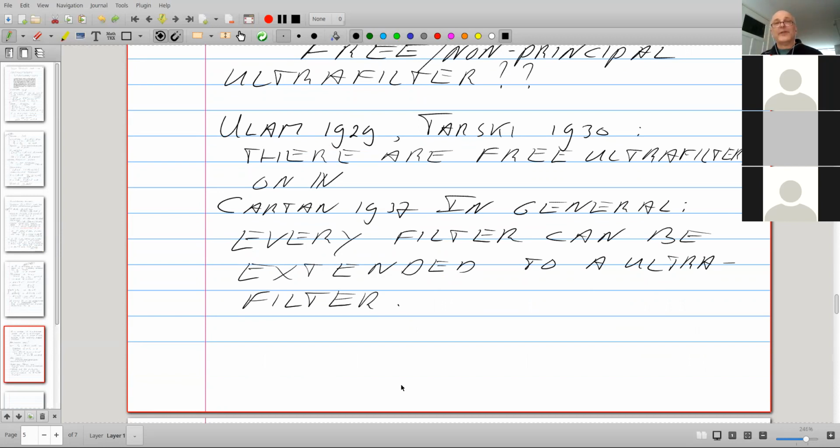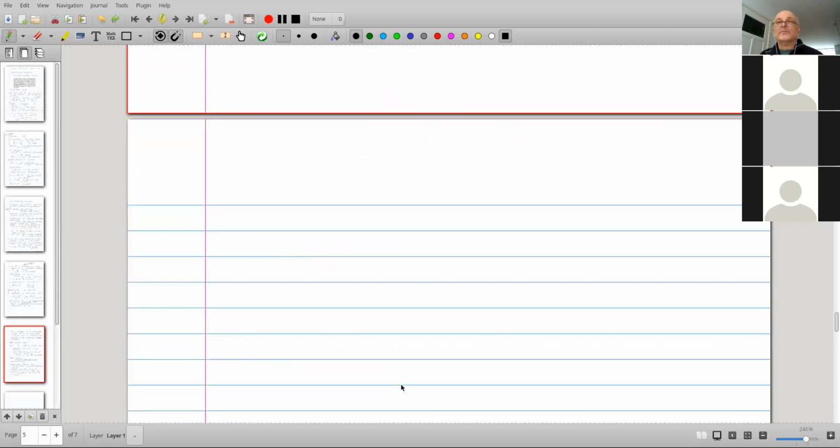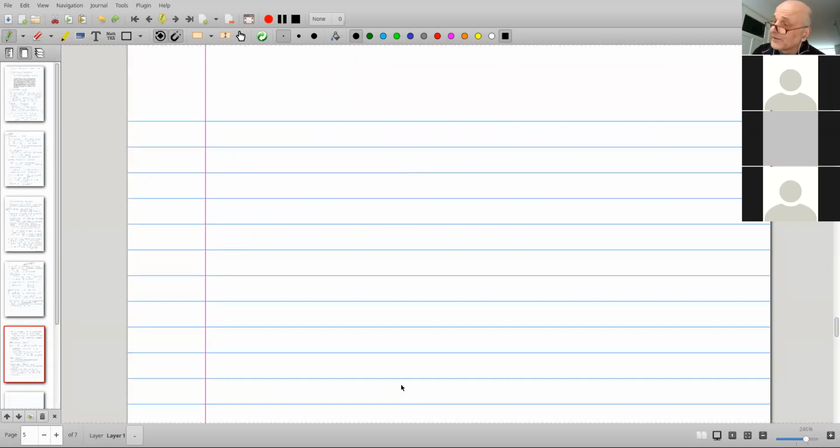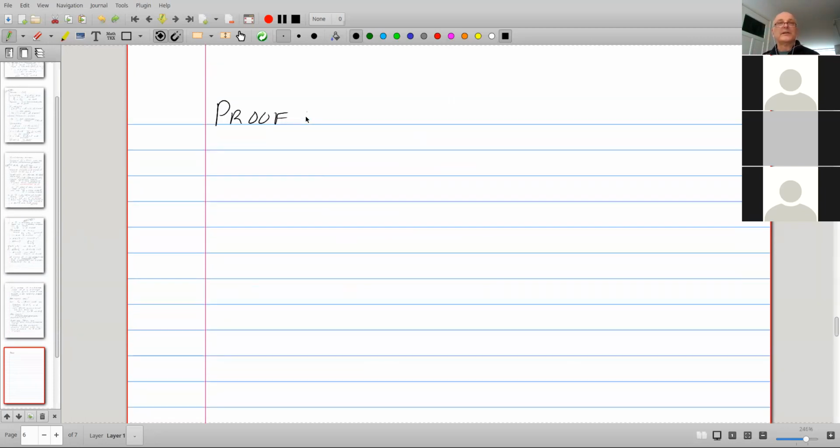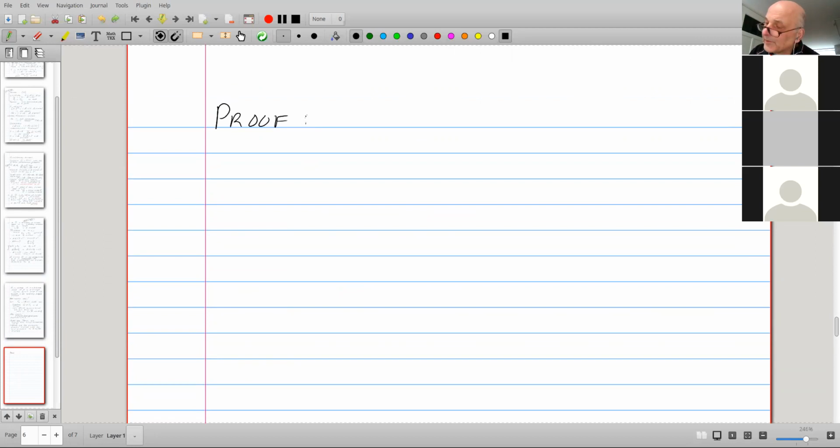And let me prove that. Not the way Cartan did, but the way most books do it these days. And the proof is actually, if you have been paying attention, just one line. You can say Zorn's lemma. Okay, let me flesh this out and then we'll have a short break and I can refresh my tea.